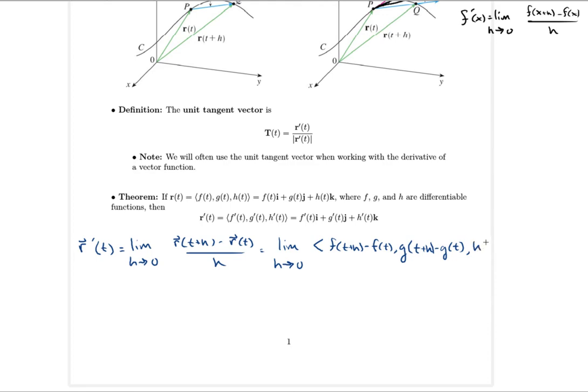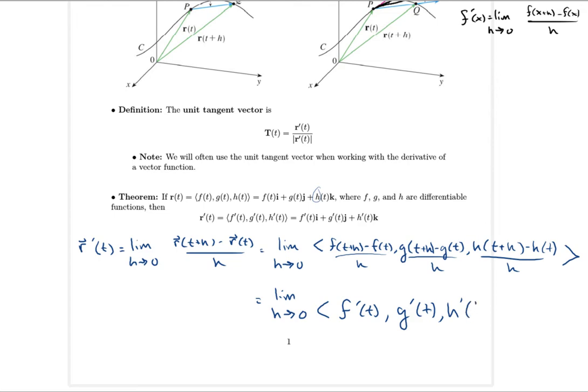and then h of t plus, oh, this is bad form here. Sorry, I'm using h twice. That's bad form on my part. Sorry, but I think you get the idea. It's not so complicated of a proof that I think I'm going to abandon it now. And then we're still dividing by h overall, so that means I can just think of it as dividing by h in each component. But of course, those are just individually the limit definition of a derivative for f, g,